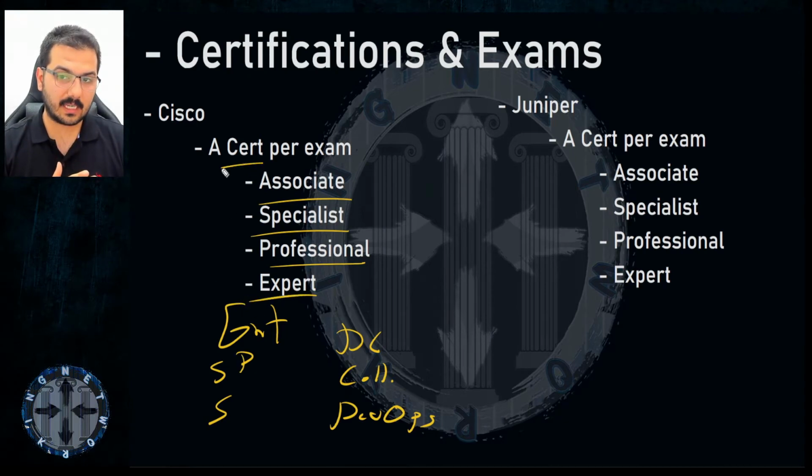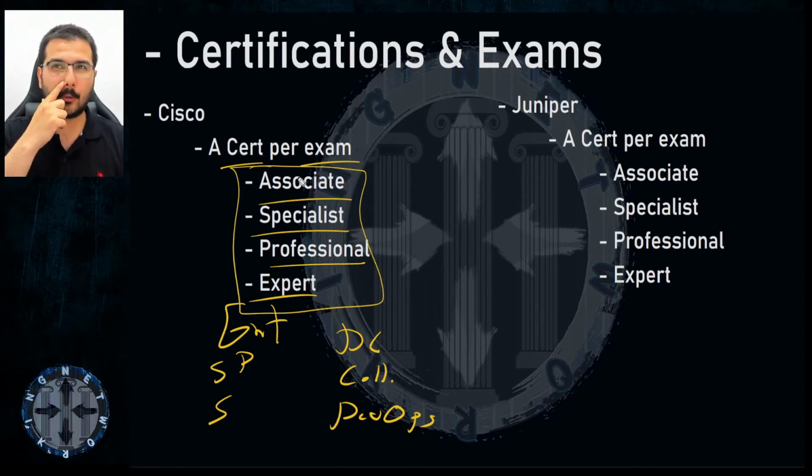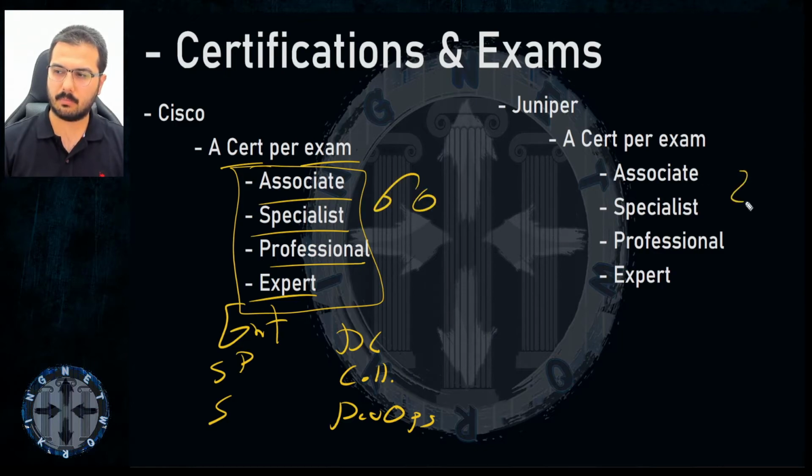You will get a certificate per exam. So of these in total with Cisco, we're about 100 exams. It means there are 100 certificates from Cisco. With Juniper, it's less, around 20 something, not 100 something. It's an exaggeration actually, because it's a 60 plus in here and a 20 plus here. Three times less, yes, but at least to be accurate, it's a 60 plus in here and a 20 plus in here with Juniper.